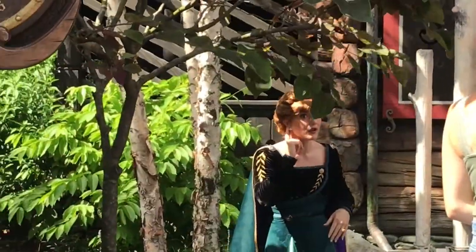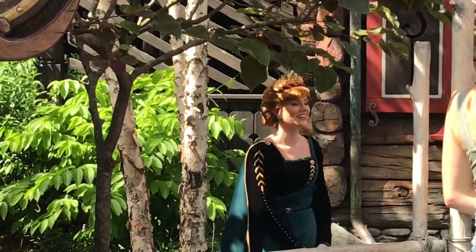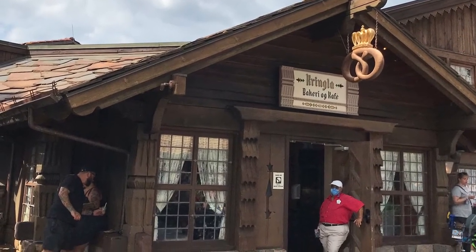Here are some topiaries of Anna and Elsa, and speaking of Anna, here is a meet and greet. Over half of them have gone back to the original guy. Oh, I believe that. So they think it's all